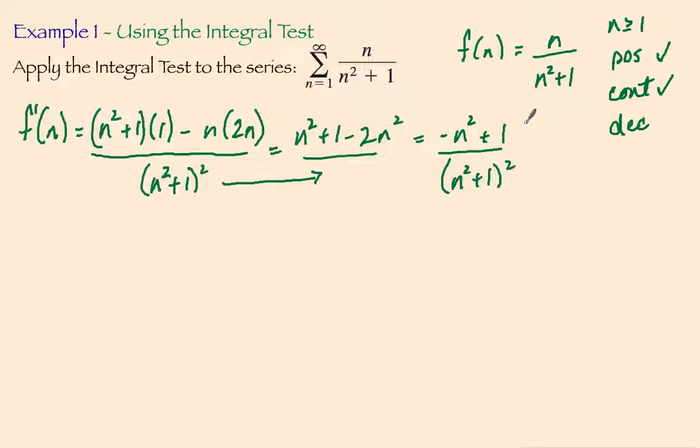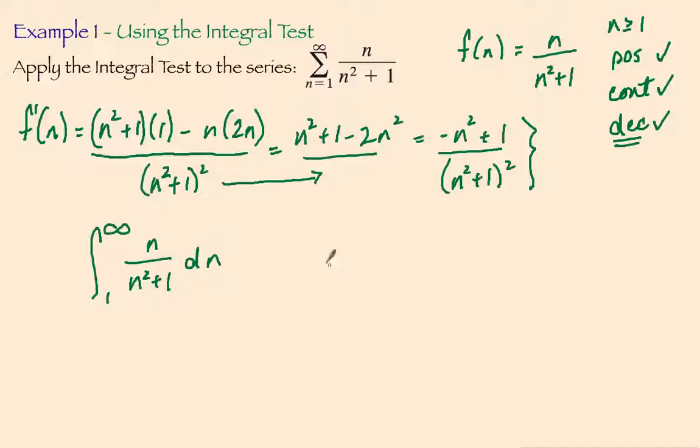Now let's decide whether or not this first derivative will be decreasing from 1 on. Well, if we put 1 in here, you can see that we end up with 0 in the numerator, but everything larger than 1 gives us a negative term because it's going to be a negative numerator over a positive denominator. So this does meet the condition of decreasing. So now that we see that the three conditions are met to use the integral test, we're going to take the integral from 1 to infinity of n over n squared plus 1